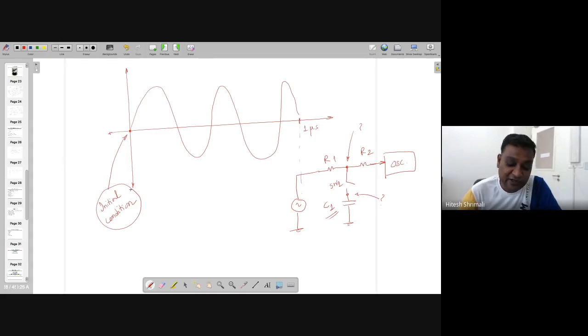If you take some initial condition, then things are different. Let's assume that you completed your simulation at 1 microsecond. Now you want to start the same simulation from 1 microsecond. You need to give the condition which is available at the end of this point to this circuit so that you can start. Otherwise, if you don't do that, the answer will be different. So it is very, very important how you are giving this. On top of that, with different conditions, the output may be different.